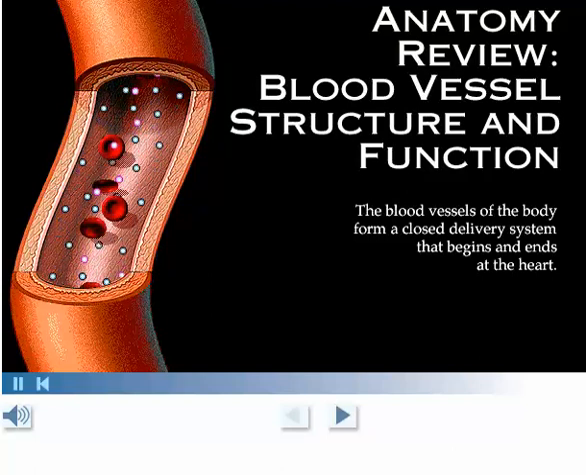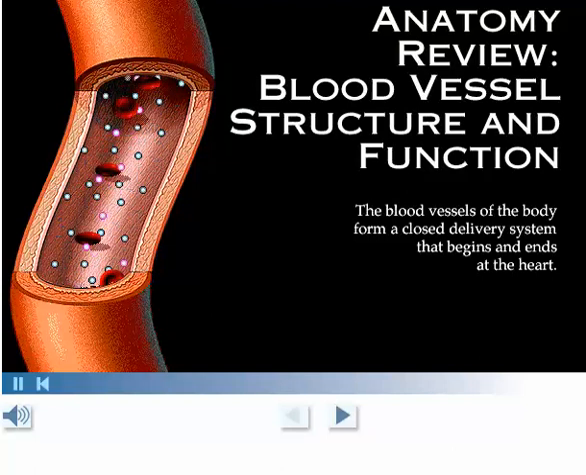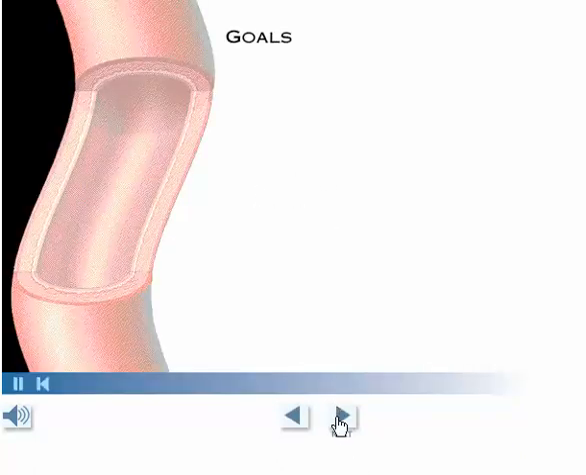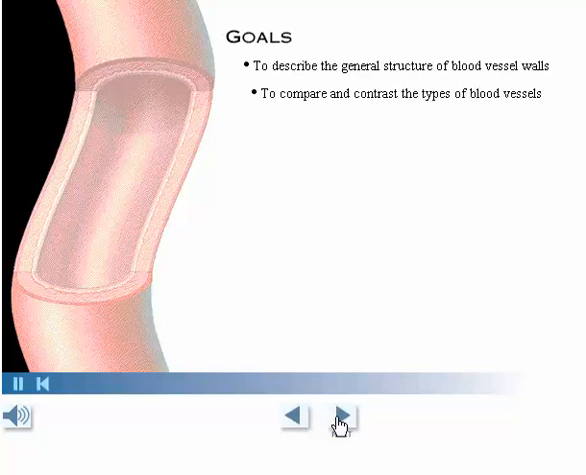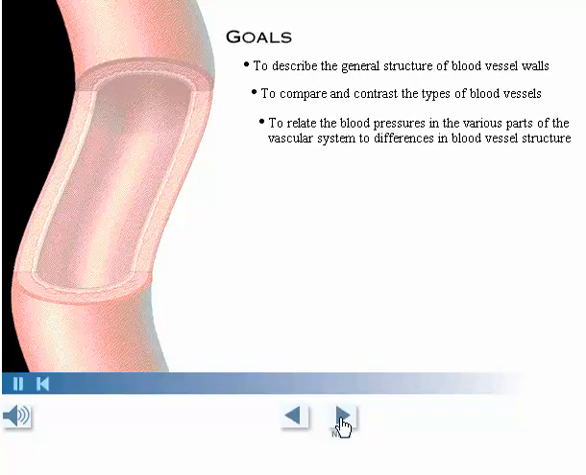Blood vessels of the body form a closed delivery system that begins and ends at the heart. Your goals for learning are to describe the general structure of blood vessel walls, to compare and contrast the types of blood vessels, to relate the blood pressures in the various parts of the vascular system to differences in blood